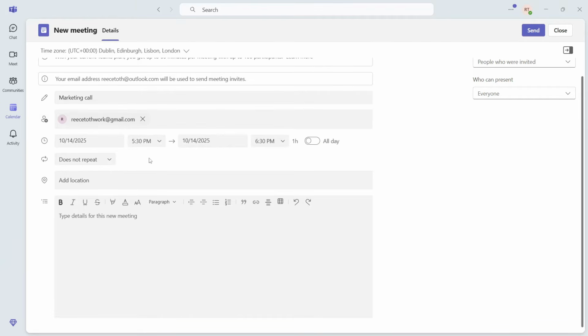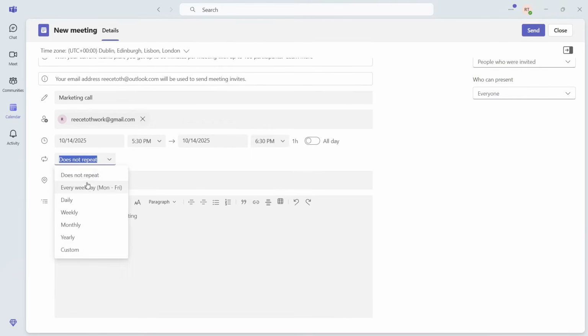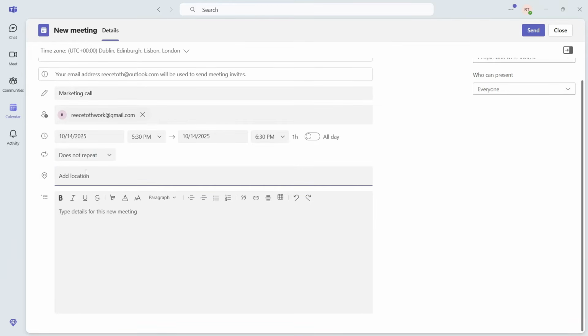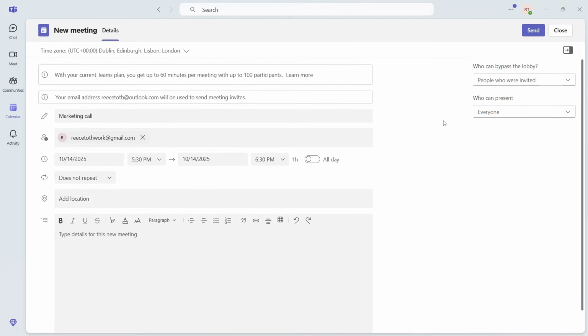Now if this meeting is reoccurring, so say for example it's a staff meeting and it happens every week, you can click on the drop down next to does not repeat, and you can go and select how often this event occurs. So I could go and set this for weekly, and then every week this meeting is going to take place. You can choose to add a location. This isn't really necessary, so I'm going to leave this blank, and then you can enter some meeting notes. So you can write here basically anything that could be useful for this meeting,